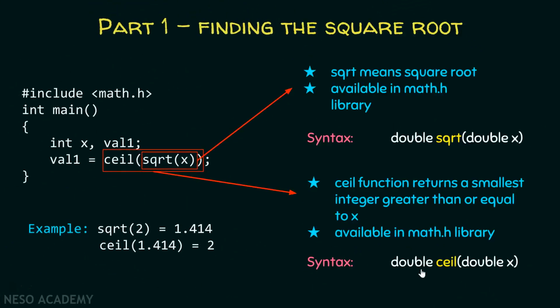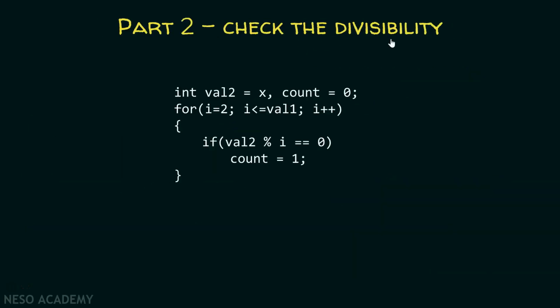Again we need to understand that ceil function returns the double value. It might be 2.00000, but as we are storing this value inside an integer variable, therefore the decimal part will get truncated. Now after calculating the square root of x, we need to consider our part 2, which checks the divisibility. This for loop runs from 2 to the square root of x. As we know, we need to check whether x is divisible by any number less than or equal to square root of x. So we need to run this for loop from 2 to square root of x, and then